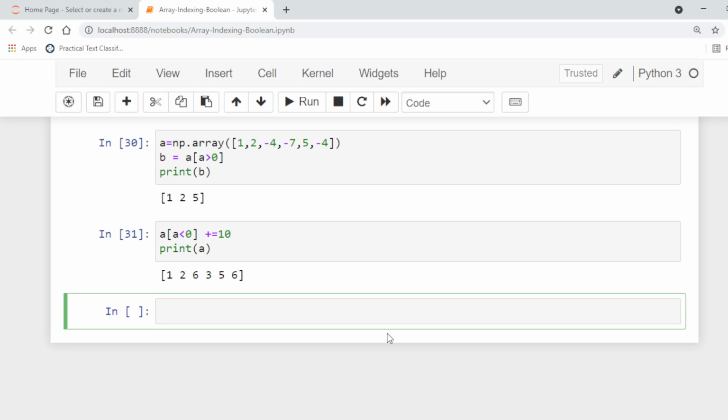Now we can use the logical operators AND or OR for Boolean indexing.